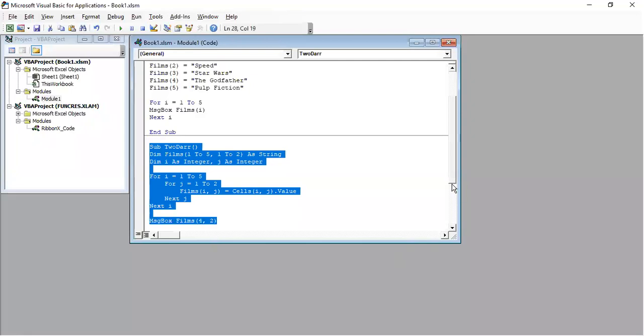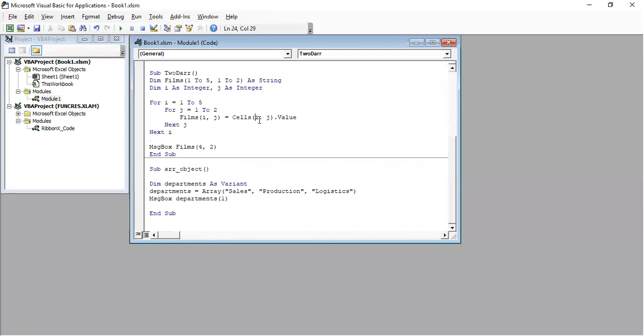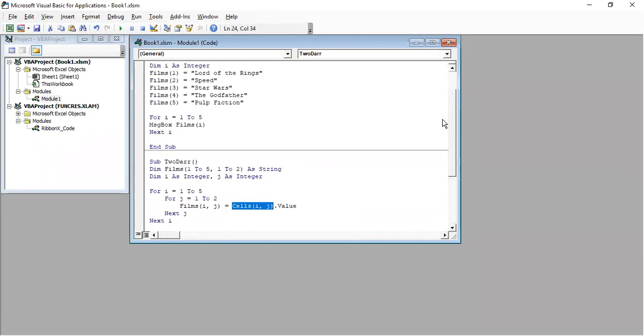So let us run this. First, because we are reading here from the Excel sheet, let us write values into the Excel sheet.